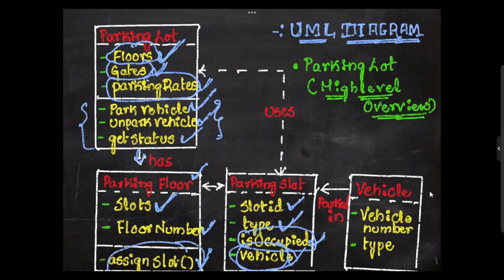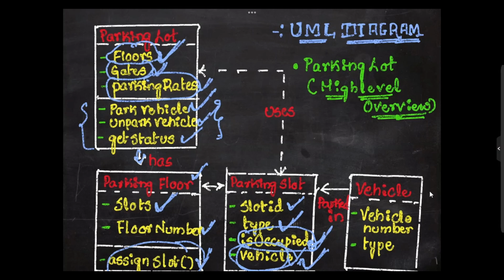So based on the slot ID, we should be able to check whether the slot is occupied by a particular vehicle or not. This one I'm speaking of, right? So this is fine. Finally, here the parking slot means when the vehicle is parked within the particular parking